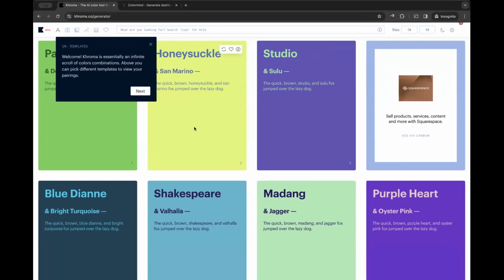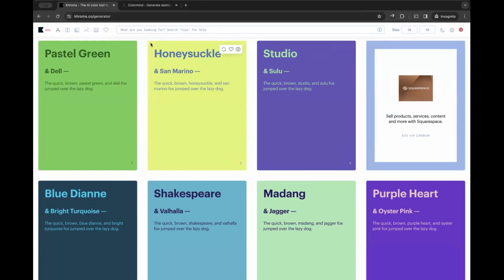Because it's an AI tool in its beta state, it gives you all these modules, like a quick tutorial on how to move around, so you can play around with things. But what it comes up with for you, based on the colors that I've selected, is it gives me the different contrast and says, okay, if I'm using this green as my background, this is a potential color I can use for my text.